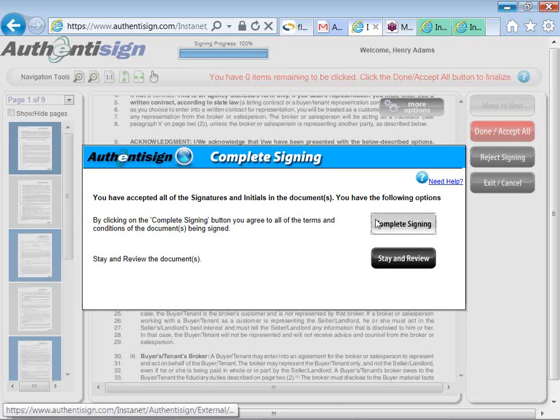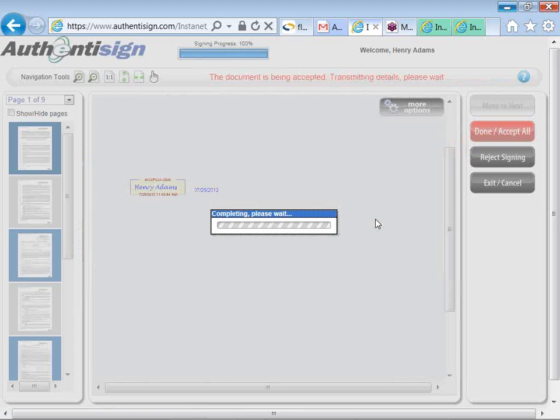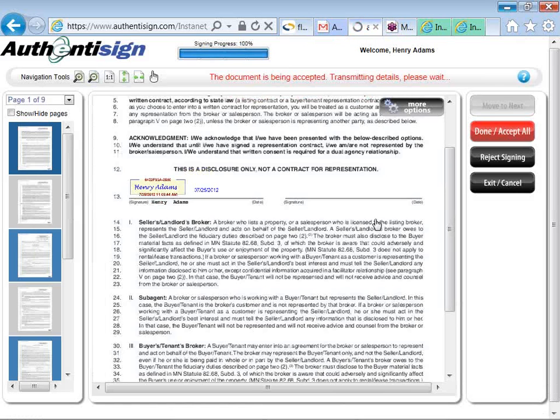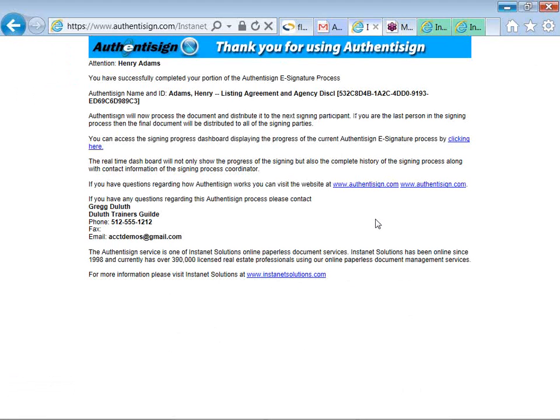When you do complete, Authentisign will deliver the invitation to that second signing participant. In this case, that was our one and only. So Authentisign is now delivering the final documents to all of our participants, our signer, ourselves as the creator, Tim